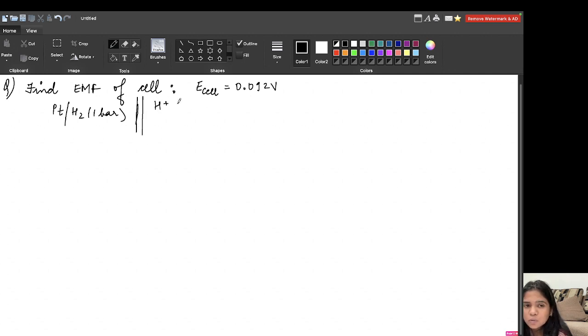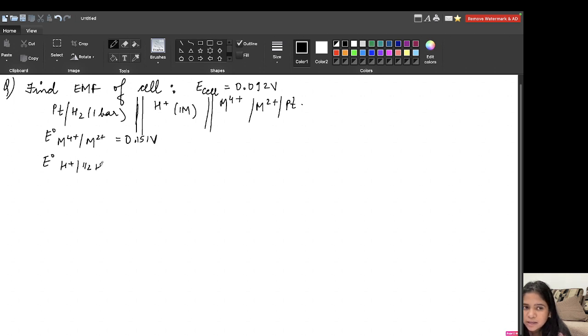H plus, which is aqueous, and 1 M is given. It's basically a hydrogen cell. M4 plus, M2 plus, and Pt. This is what is given, and at 25 degrees Celsius, E naught of M4 plus and M2 plus is your 0.151 volt. The E naught of H plus and half H2. You know, like why this cell looks like this? Because